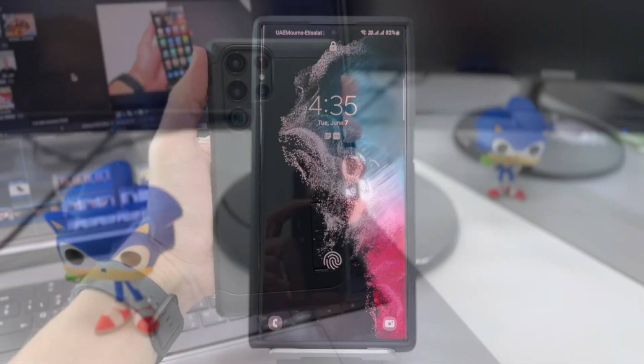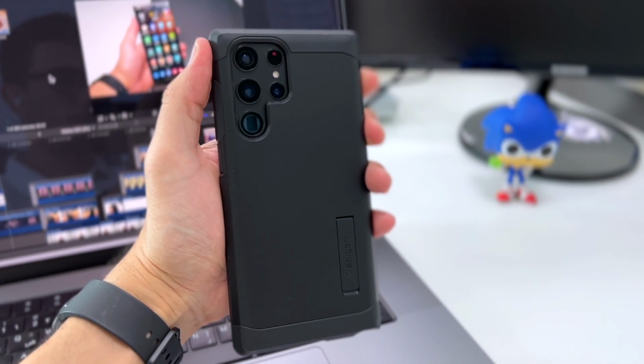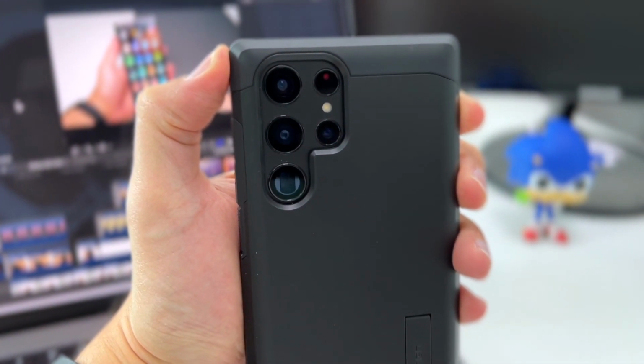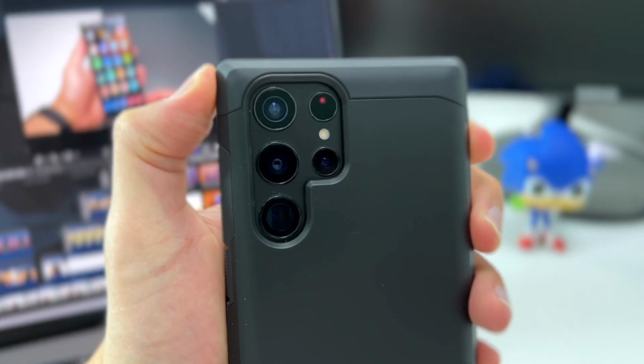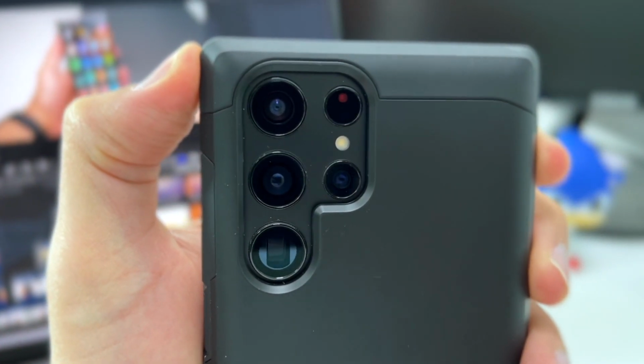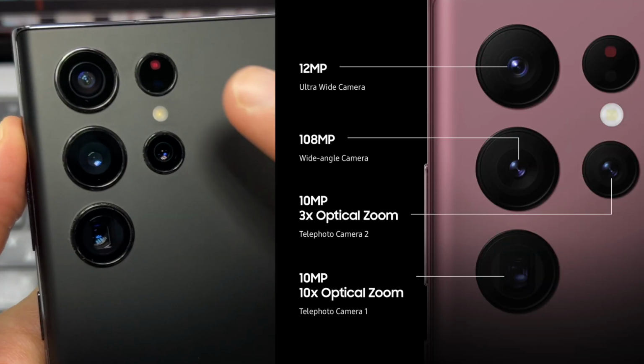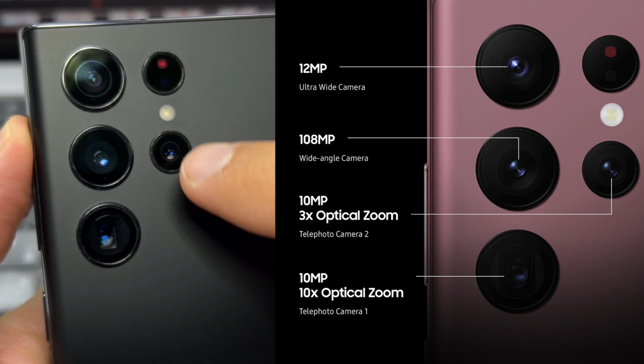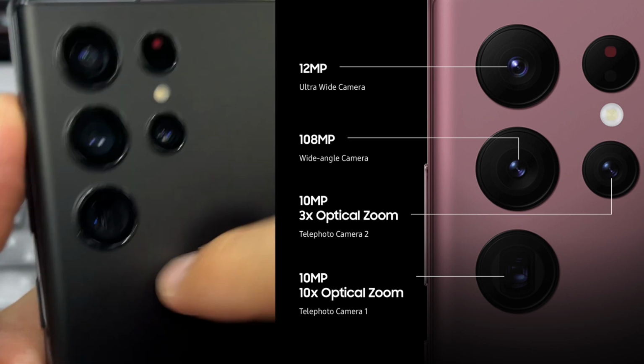resolution throughout the day. Pixel binning is the act of combining multiple pixels into one, and for the S22 Ultra, it's 9 pixels combined into a singular large pixel. Simply put, Nona means 9. This year's model still has the same 108 megapixel sensor, 12 megapixel ultra-wide, 3x and 10x telephoto lenses, and a